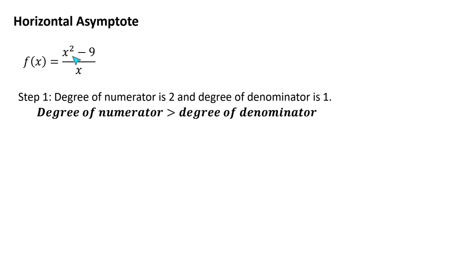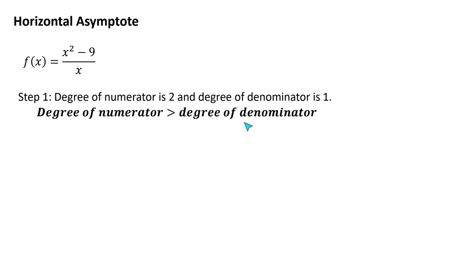Horizontal asymptote, with the degree. The degree is 2 for the numerator, 1 for the denominator. So that means that the degree of the numerator is greater than the degree of the denominator. When that happens, there's no horizontal asymptote, but we need to check if there's a slant